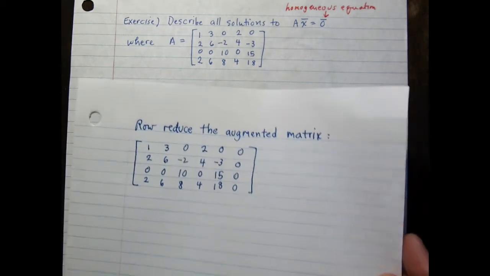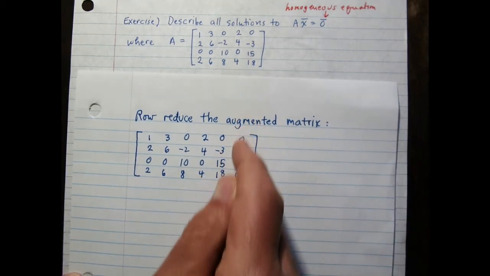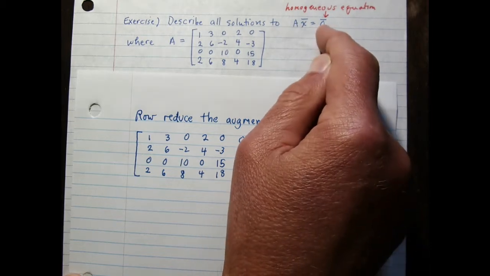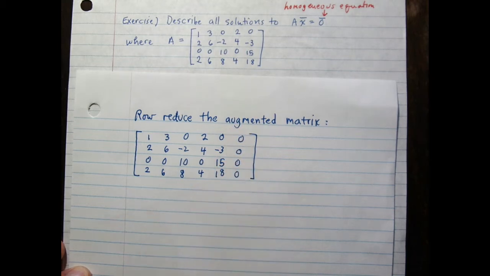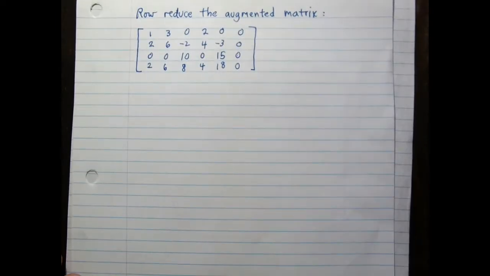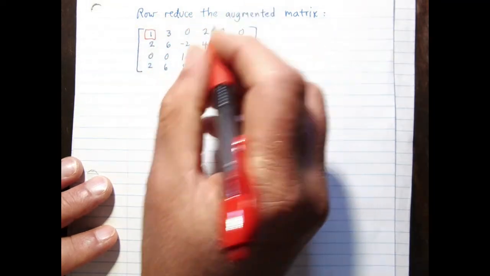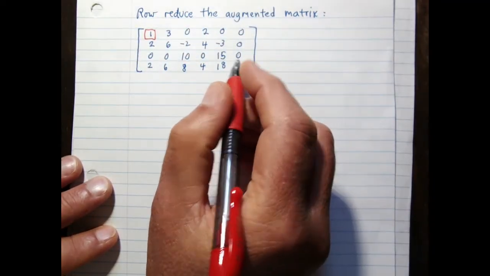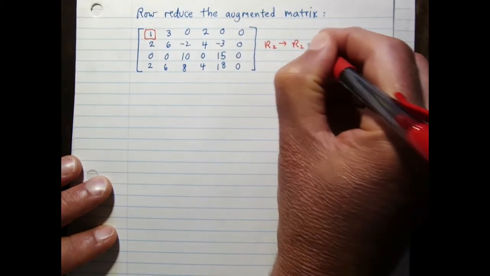So I'm going to take the matrix A and I'm going to attach this column of zeros. That's really the B column, because our B vector here is the 0 vector. And let's start the process. So row operations, here we go. Now, I guess I'm being nice to myself again. I have a 1 in the pivot position in the upper left-hand corner. I want zeros below. So I'm going to take row 2 and replace it with row 2 minus 2 times